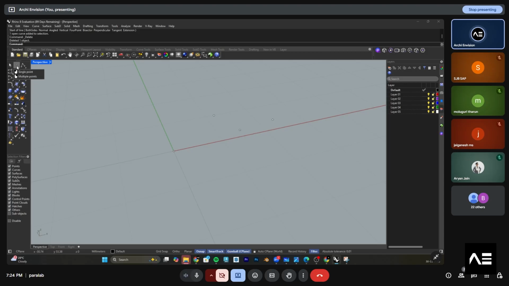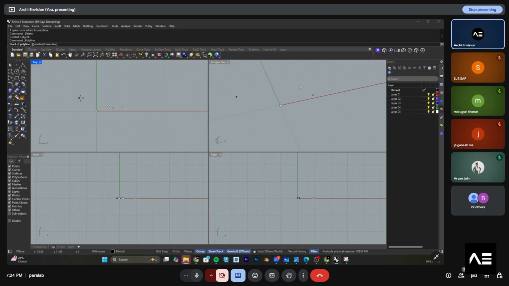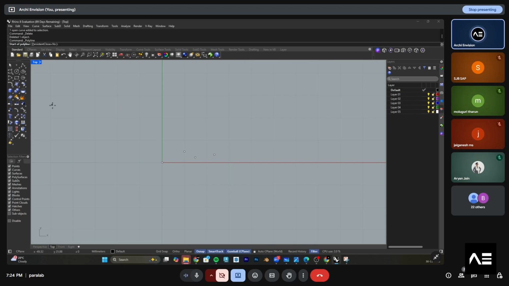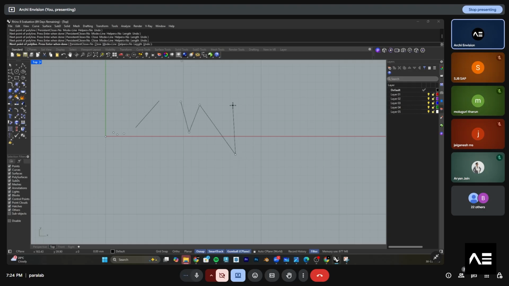It will start with a point, it will go on to a line, then on to a surface, and then on to 3D. So that's how it will be. So there is a line. I just click on line and go to the top. I randomly give 2 lines and click on space. We can continually give lines like this, or else I just click on 1 point and a second point and make a line.